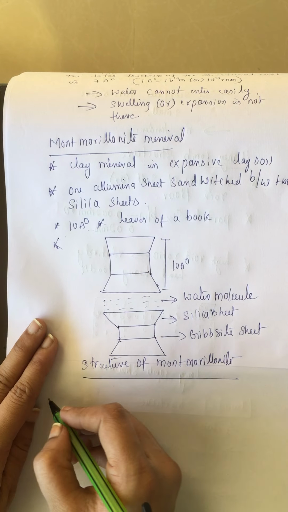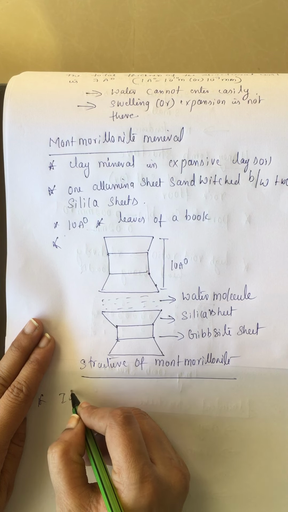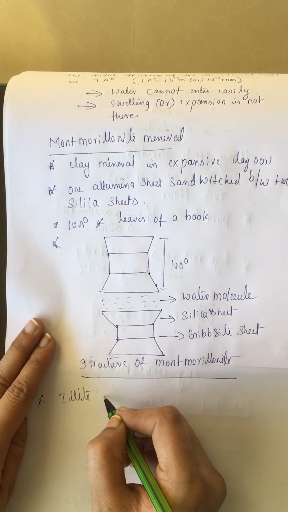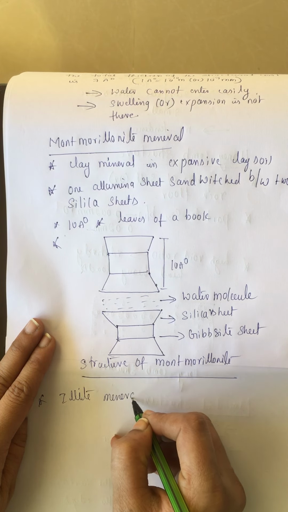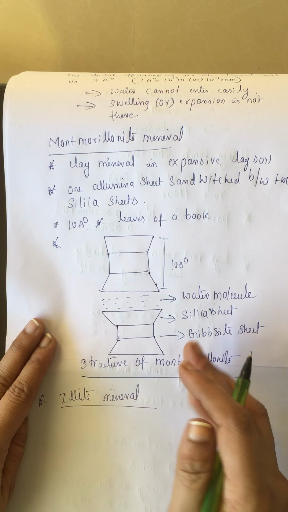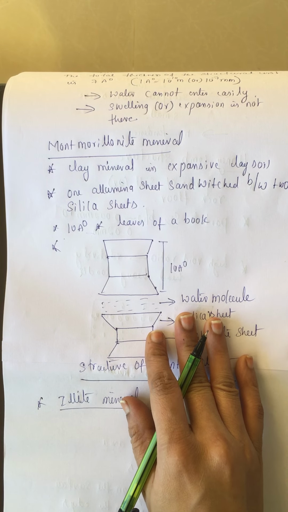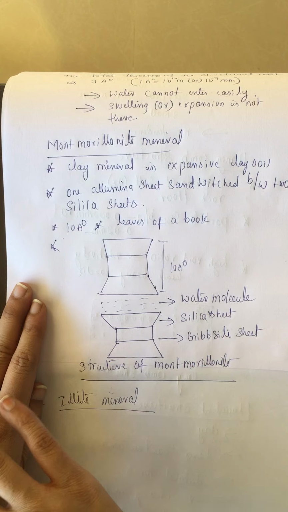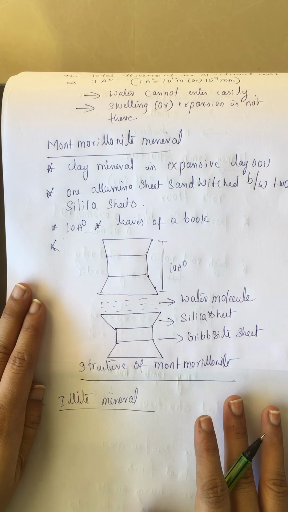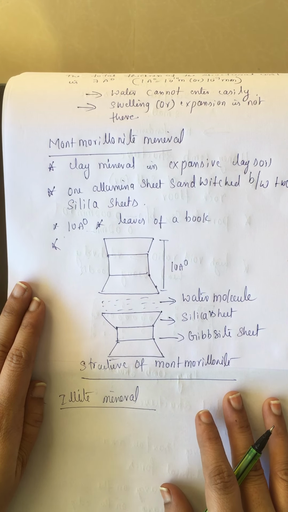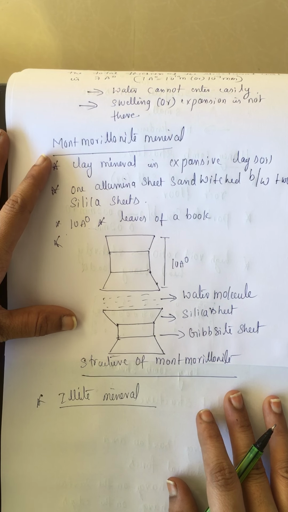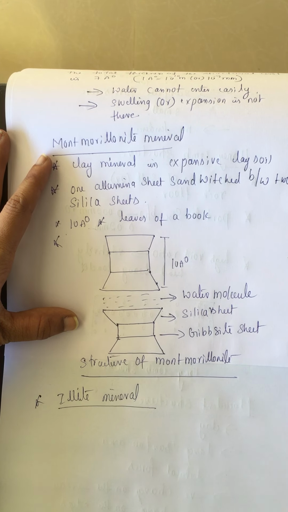Coming to the third one, illite mineral. What is illite mineral? The basic structural unit is similar to that of montmorillonite mineral. However, the mineral has properties different from montmorillonite due to the following reasons. How is it different from montmorillonite? First,